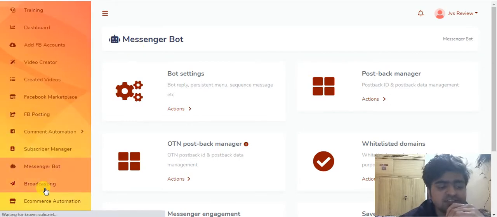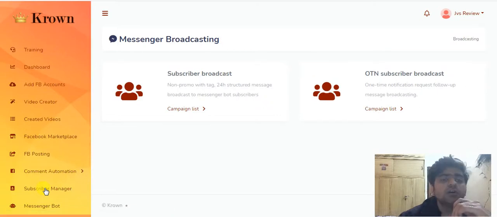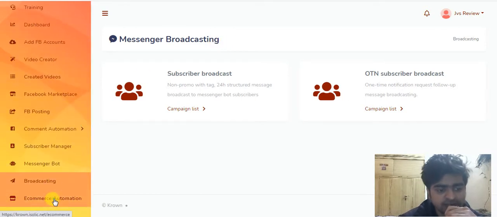The next thing is broadcasting. By this feature you can gather the list of subscribers in your Crown account, and you can communicate and send messages to all those subscribers with this tool, Messenger broadcasting. The next thing is e-commerce automation.